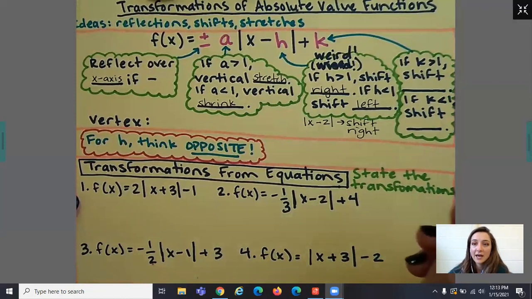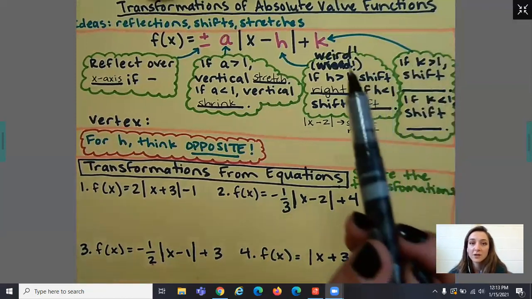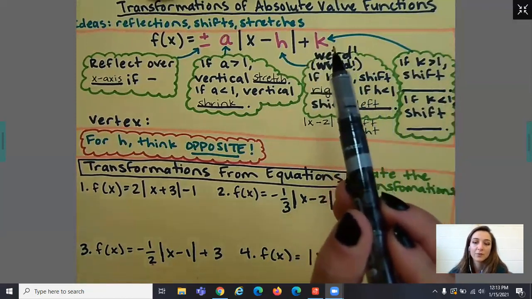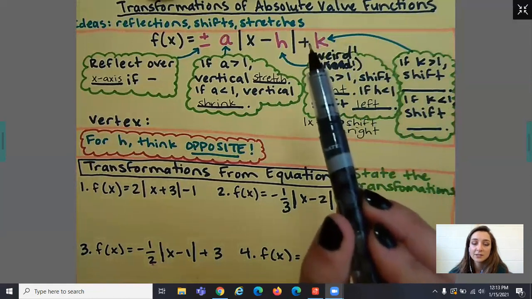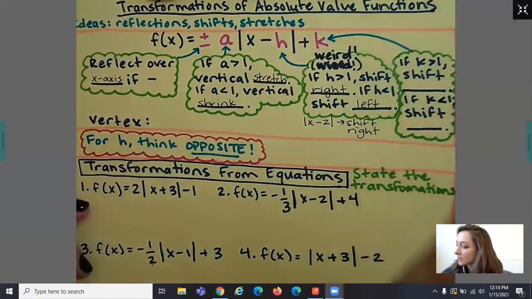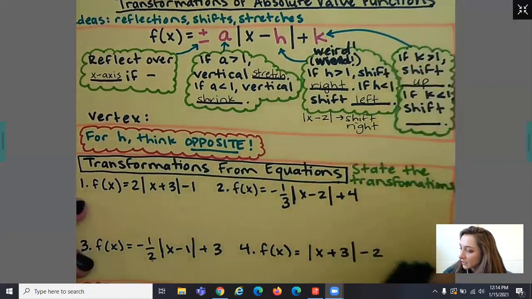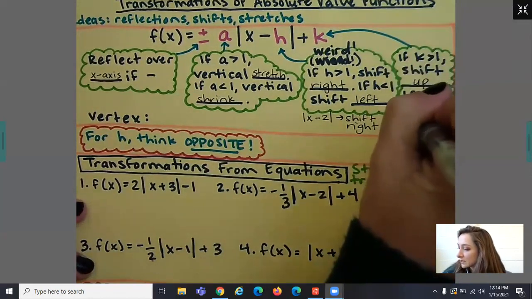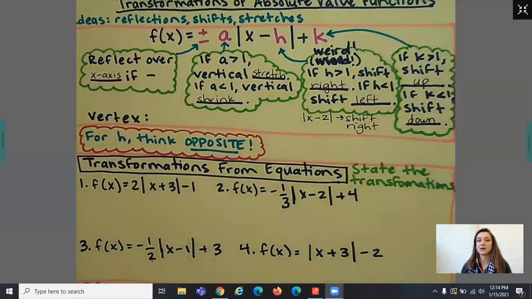Okay, and then if k is greater than 1, we're going to shift, this is your normal one, so if you have a number on the end. Since it says plus k, that means it's just going to be whatever you think. So if k is greater than 1, shift up. If k is less than 1, shift down. Okay, so if it's,